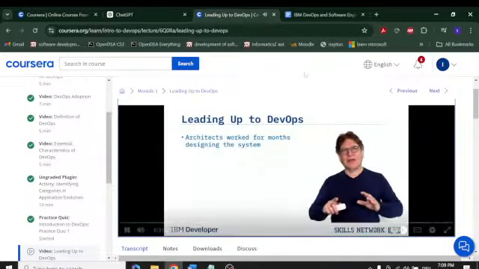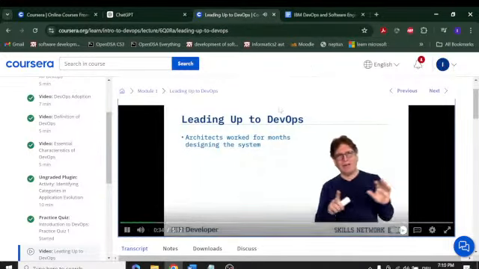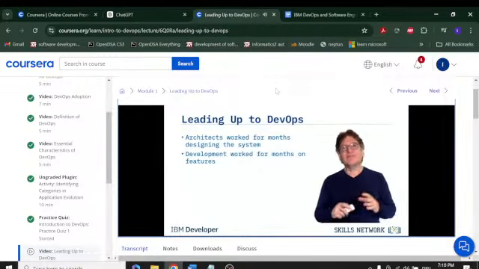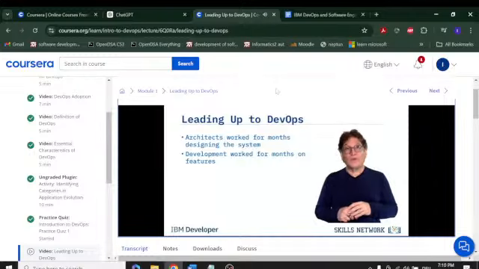Creating requirements documents, creating design documents, making high-level designs, low-level designs, system-level designs. Then finally, we get to the development phase, where development worked for months and months on features in an isolated development environment. As they developed the code, if the designs are wrong, it was very expensive to go back to the architects. Once we developed all the code, we'd get to the testing phase, and we'd test all the code at once,